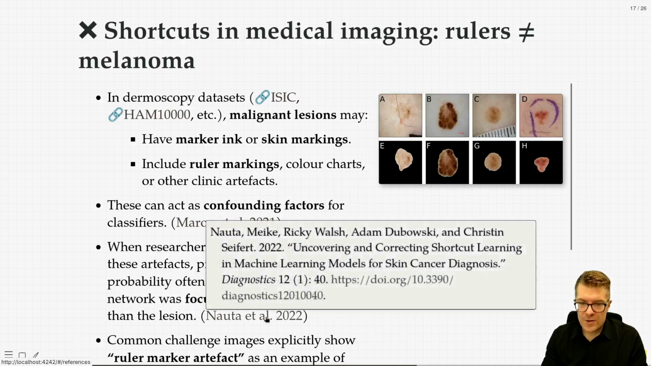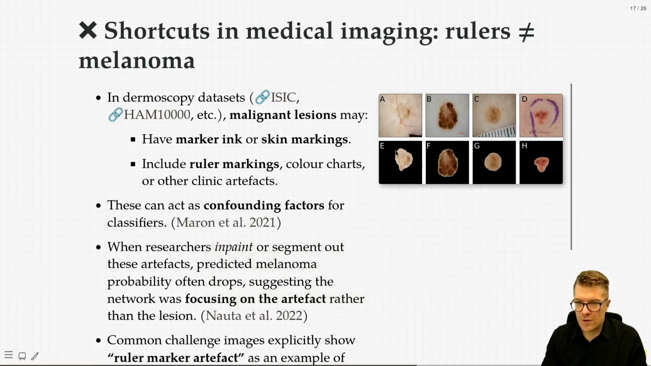And other researchers also found that if you segment out only the lesion and ignore everything else, so in this case cutting out where the ruler is or where the marker ink is, then a computer vision model that's trained on these images will perform much worse on these kinds of infilled or inpainted, segmented-out